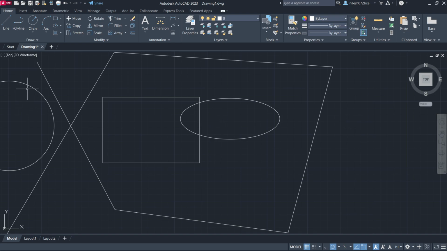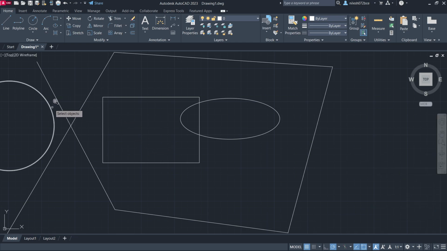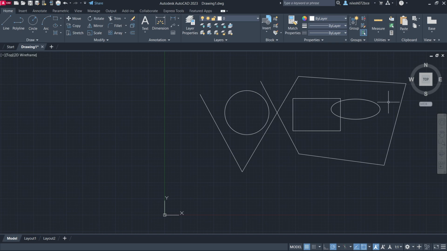And now if I want to zoom this circle only, then I can go here in the option and select zoom object, and then select my circle and then enter. You can see the circle is at the center of my screen and the circle is zoomed. So in this way you can zoom any object you want.